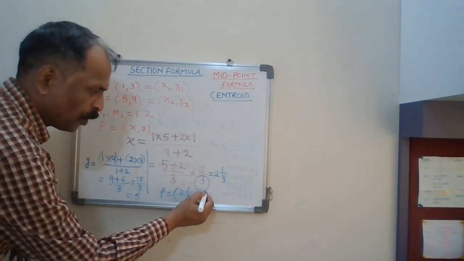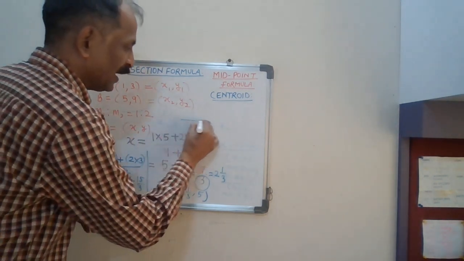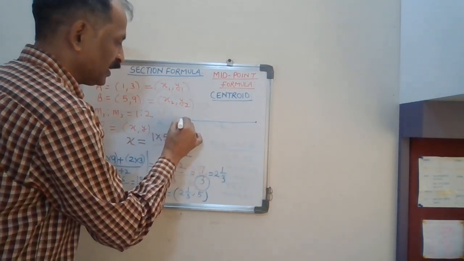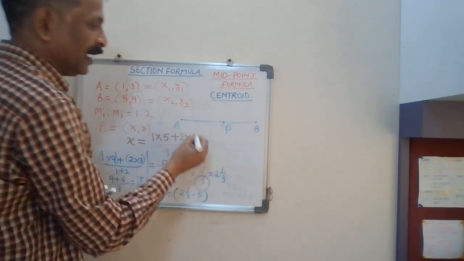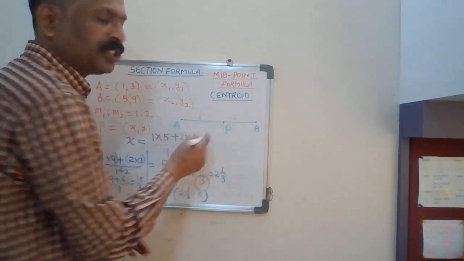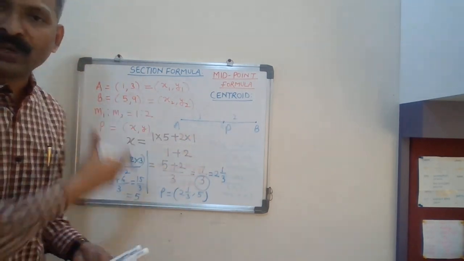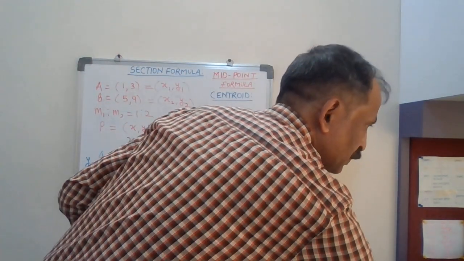Here, easy formula based, so there is nothing. You have to do a cross. So you have to draw a line, mark point A, mark point B, mark point P, and write the ratios, whichever ratio they have given. If they have given one ratio, it is not as per scale, but you have to go in cross. Okay, I am doing few more sums.